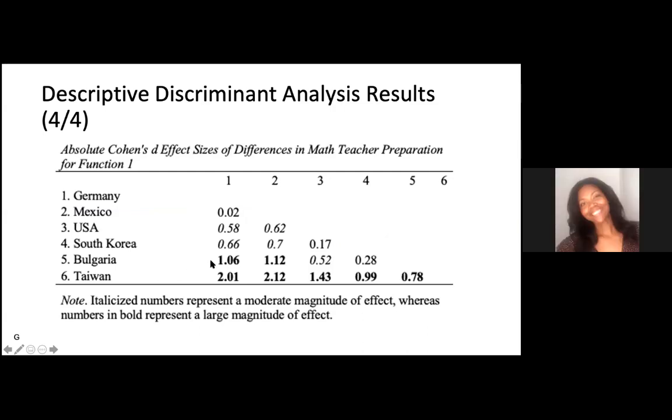And so now that we see the statistically significant difference of the countries, this also provides a matrix, another way to visualize data, of the Cohen's d effect sizes of country differences. And what's interesting here is that Taiwan has a large effect in terms of the standard deviations higher than they are of other countries in every single case. Bulgaria outperforms other countries as well in some of the cases. But the key here is that Taiwan is doing something that's very different than everyone else.